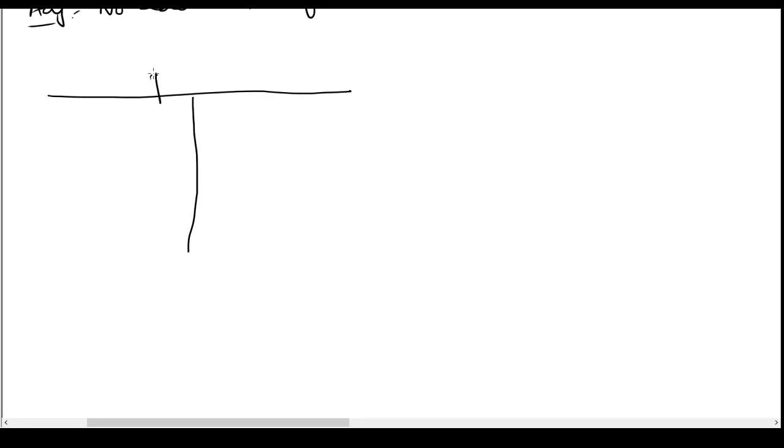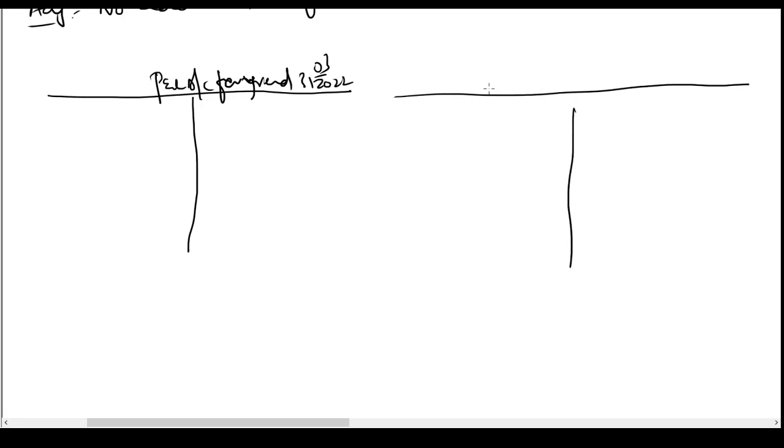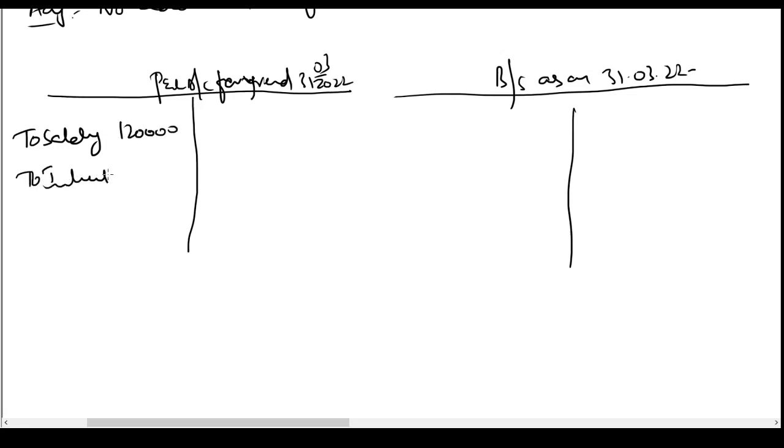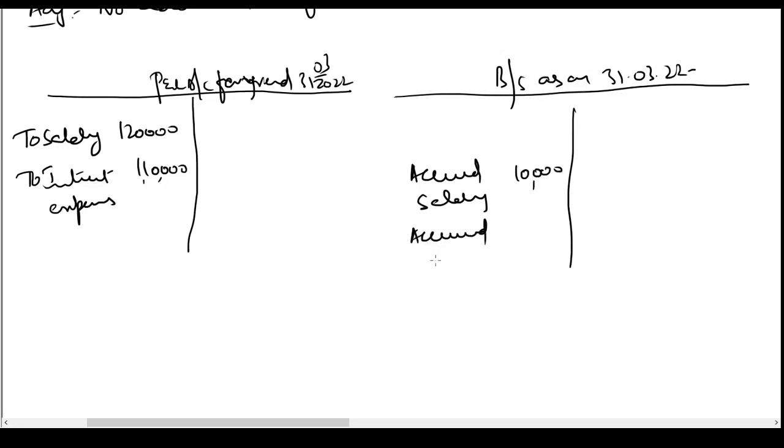You are given P&L account for year ended 31st March 22. Balance sheet as on 31st March 22. We'll debit here two salaries 1,20,000, two interest expense 1,10,000, accrued salary 10,000, accrued interest